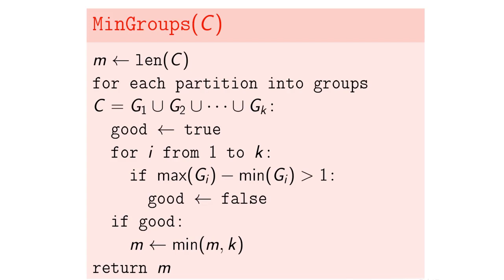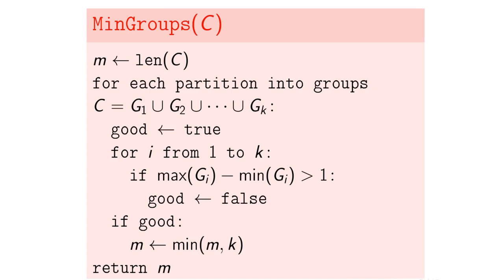We start with assigning the initial value of the number of groups to the answer m, and this initial value is just the number of children,